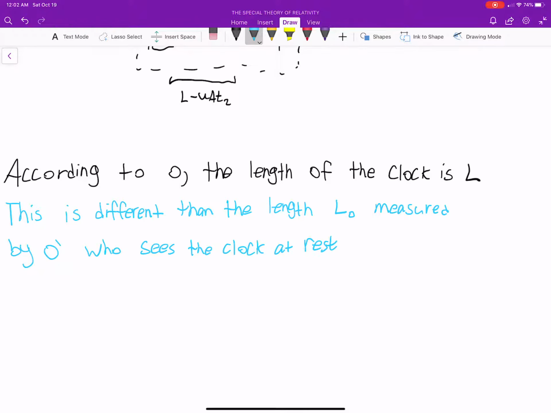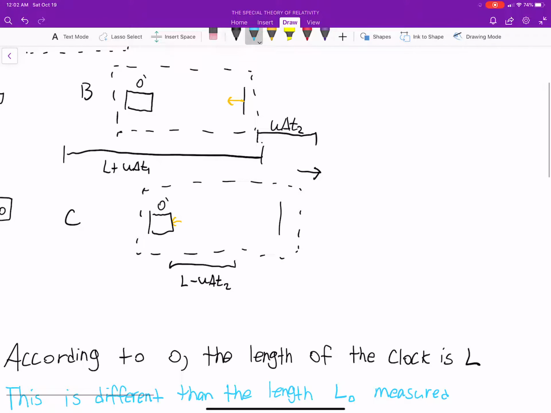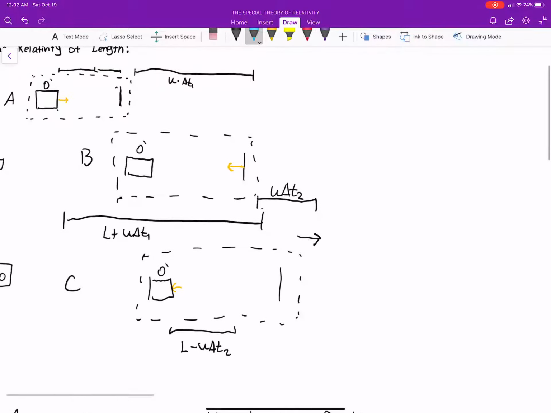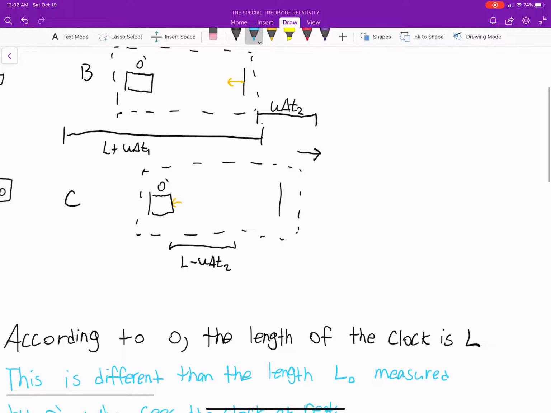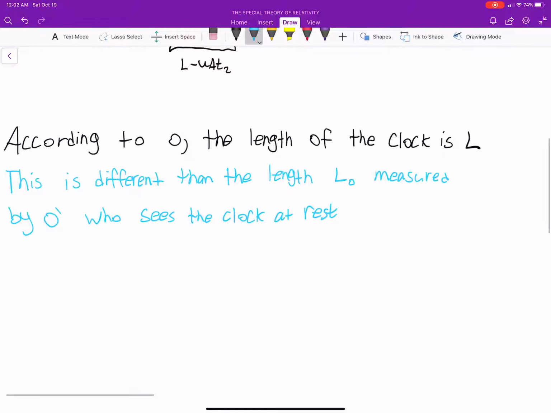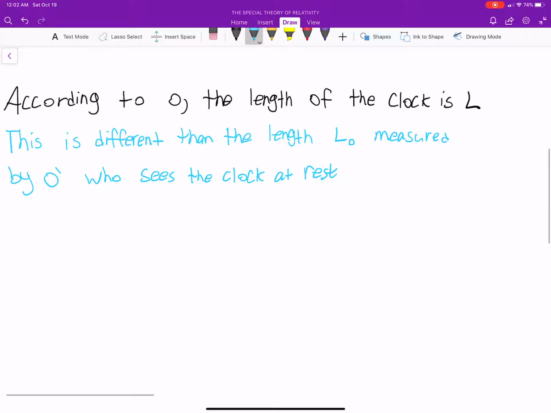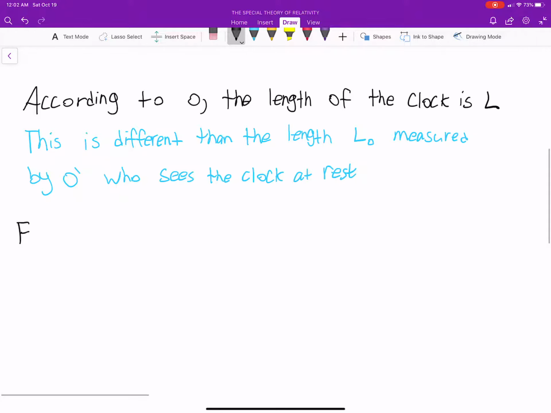O prime is kind of inside our little system here. If you notice, I put O prime in that little moving box each and every time. So to him, the clock isn't moving. It's the rest of the world around him moving. Okay. So for picture A, I should say, for picture A, the flash of light